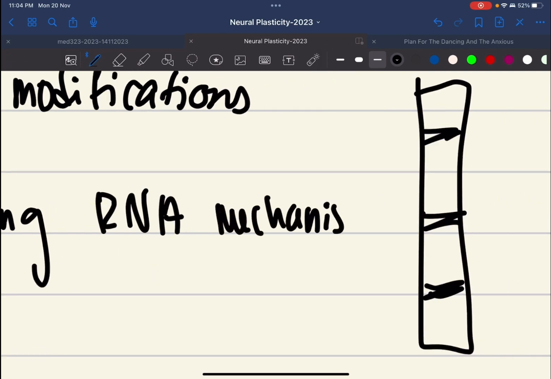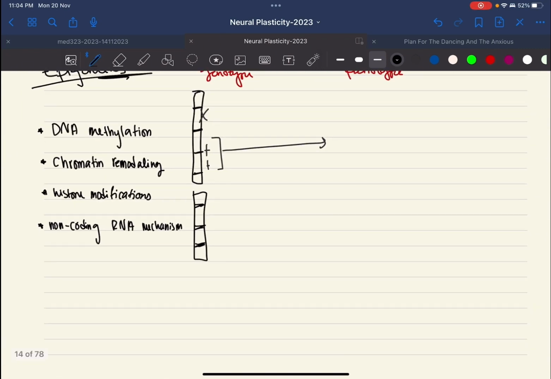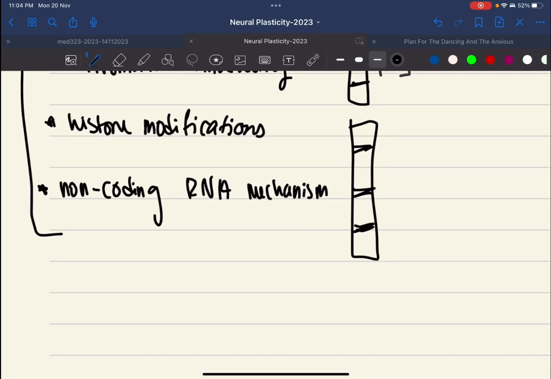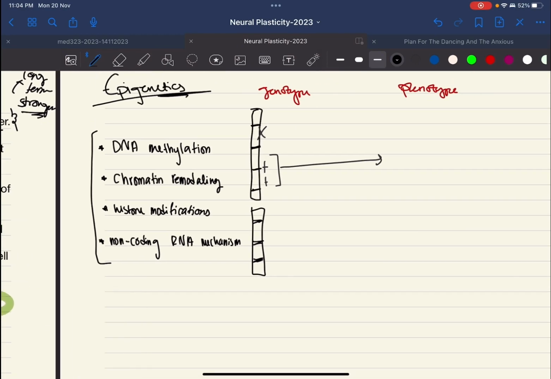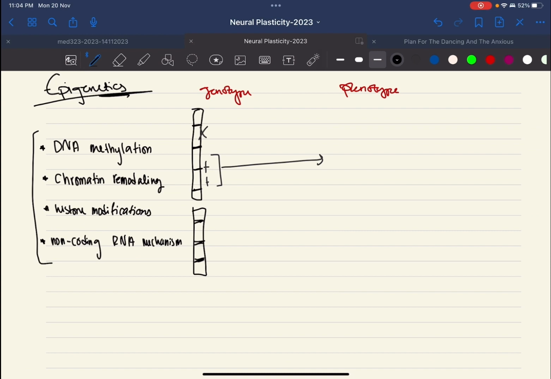I'll repeat this again. All these are defined in the index that I've provided in the notes: DNA methylation, chromatin remodeling, histone modifications, and non-coding RNA mechanisms. Those are all defined in the notes that I'm going to upload to the Google Drive, which is going to be linked in the